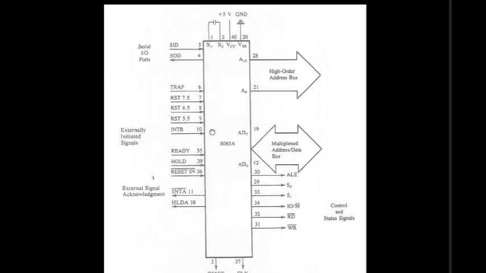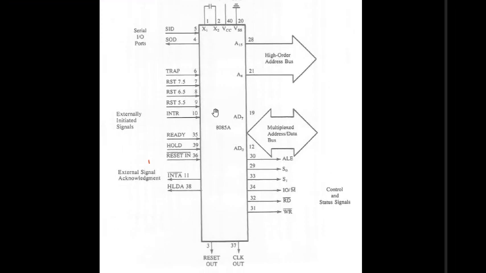In this diagram we have clubbed together the pins which have similar functions, and here we can see there are 6 types of signals. We can classify all the pins into 6 categories. The first category is the power supply and frequency signals. There is one here also.